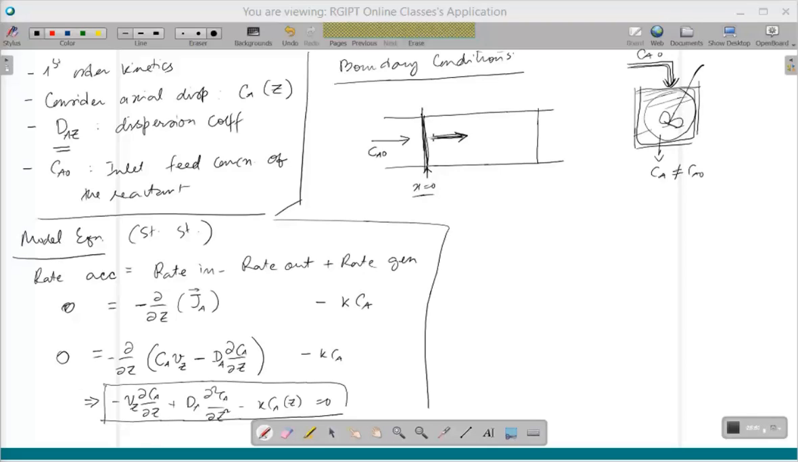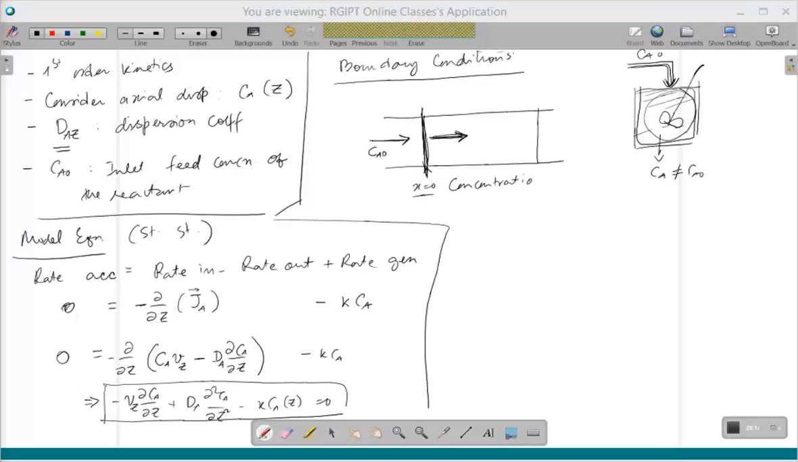You have a kind of homogenization effect due to this diffusion. So what does that lead to? That leads to a kind of discontinuity in the concentration at x equal to 0. So concentration